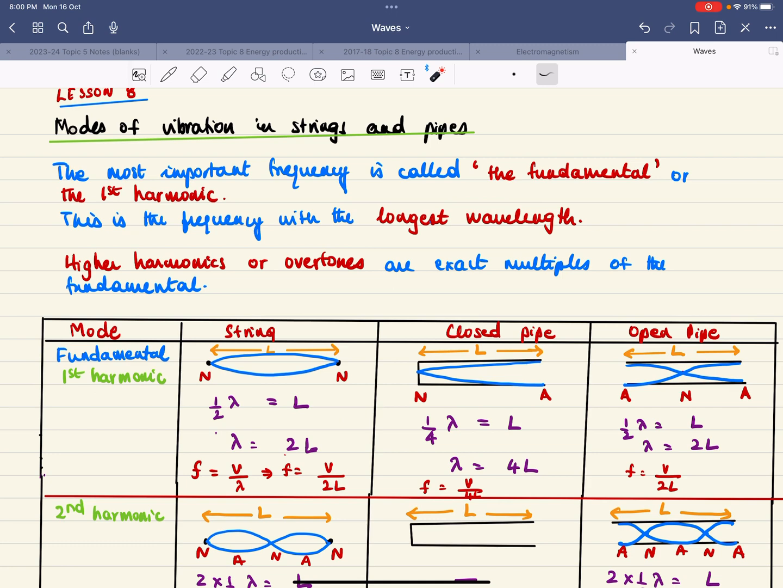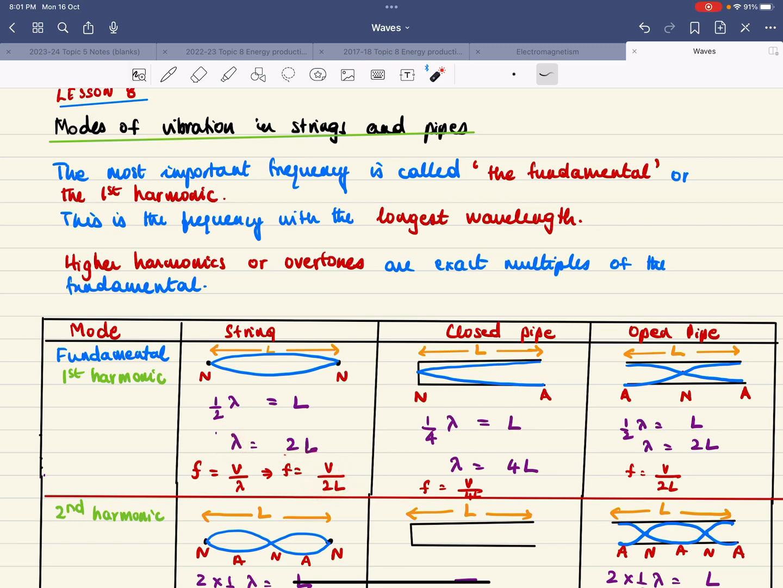So if it's a string that's closed at both ends, the longest possible wavelength will have this shape, so that both the fixed ends have nodes and you will have an antinode in the middle. Now if you look, this is half a wavelength that makes up the length of the string or pipe, and so a whole wavelength is twice the length. And if you need to find frequency, which is v over lambda, you get v over 2L because lambda is